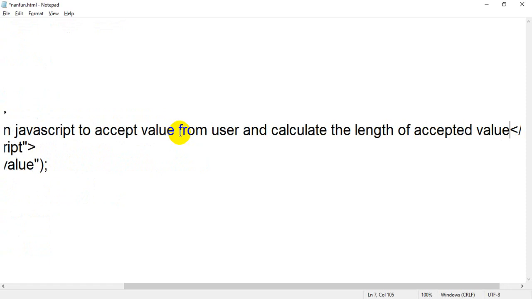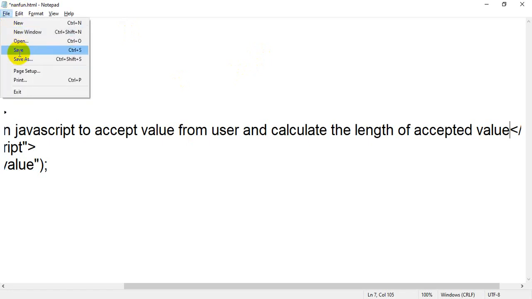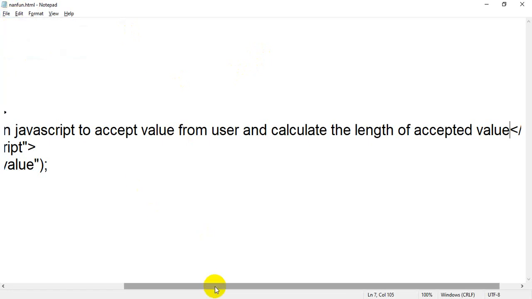Okay, I think every year you will find this question in your question paper where the examiner asks to write a program in JavaScript to accept a value from user and calculate the length of that value. So this is the same program which we have done.